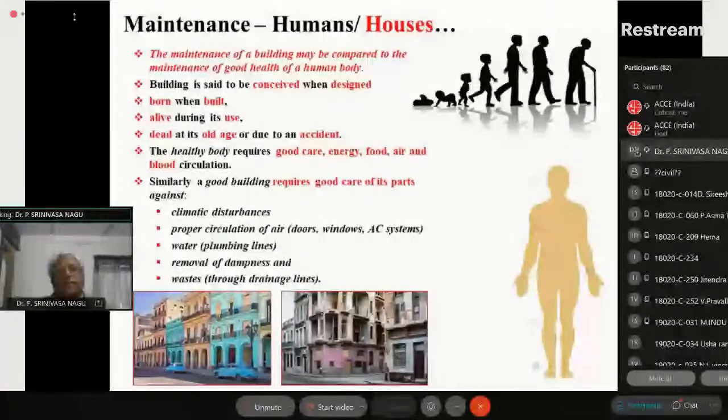And see, for good care, what you need in the body, we should not have excess water. So similarly, for the good condition of the building, we have to remove excess dampness. We should keep it within the limits. Similarly, the waste within the building should be, it is not just building alone, the campus, everything. So whatever are the waste, whatever are not useful, that should be thrown out. Like, fine. You can see the aging process can be compared with the buildings during their life. So maintenance of